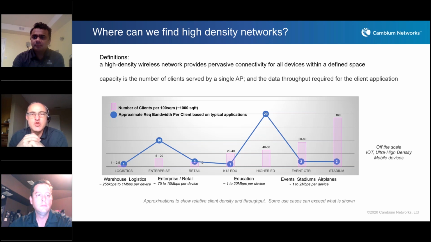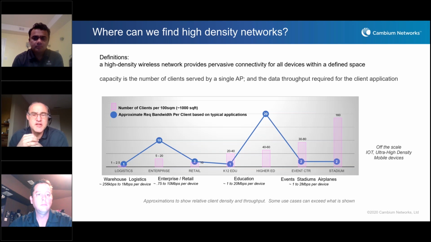If you look at an average school application, the online schooling that the kids do doesn't take a lot of bandwidth per device, but there's lots and lots of kids, right? Lots of kids. Higher education, making more use of remote learning tools, and even within the environment, they expect high bandwidth, high bitrate requirements per device. And at the far right-hand side of the scale, you look at a stadium, a typical